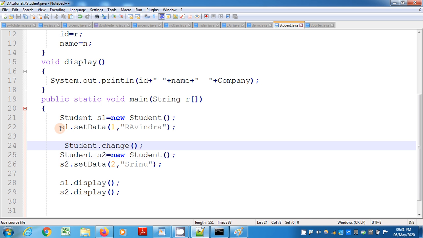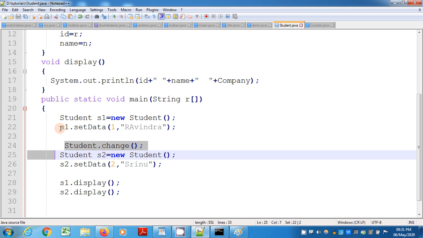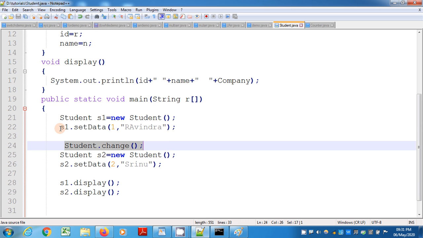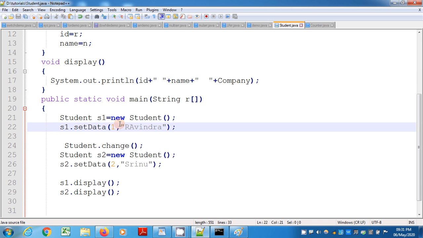In between the first record and second record, I have mentioned a statement like student dot change. I call this method. So for the first record, the company name is Google. For the second record, it should be TCS, right? But what will happen is